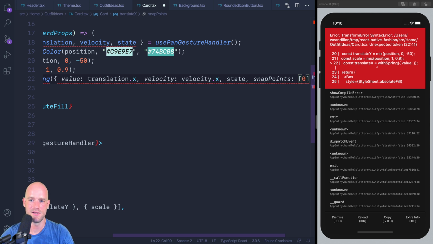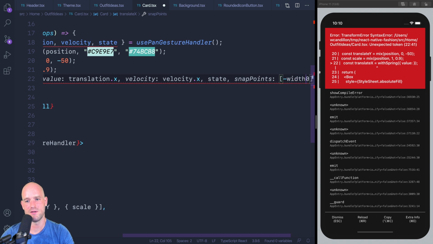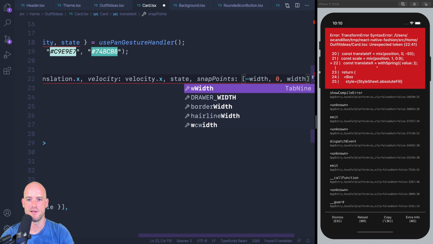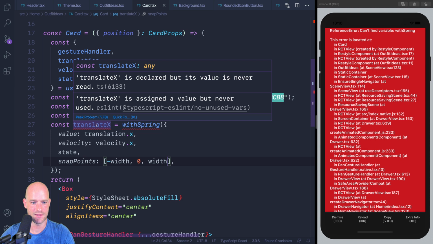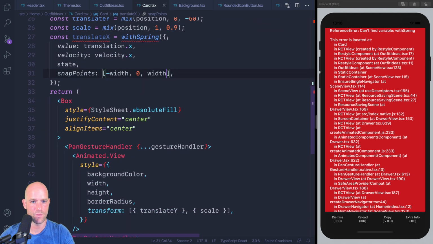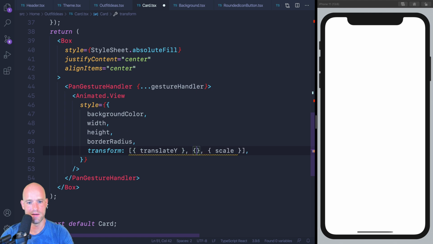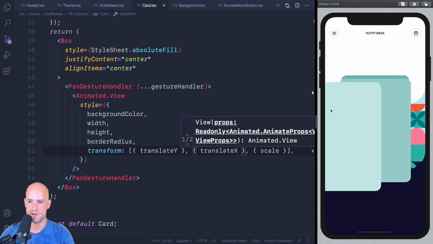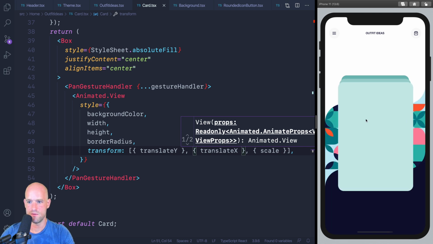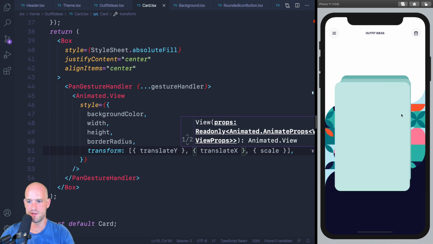0, minus, let's say minus width, 0, width. With spring, we would get from Redash. I'm not sure how well it's working. We're about to find out. So that seems good, kind of, but